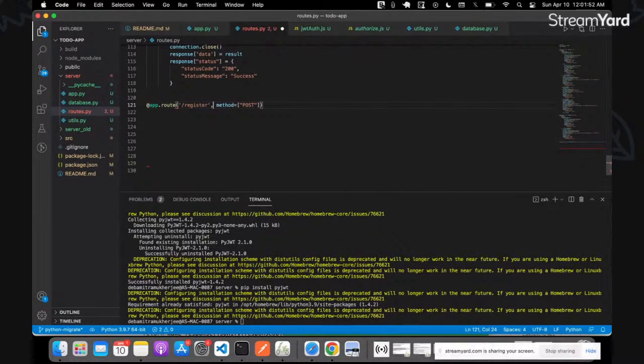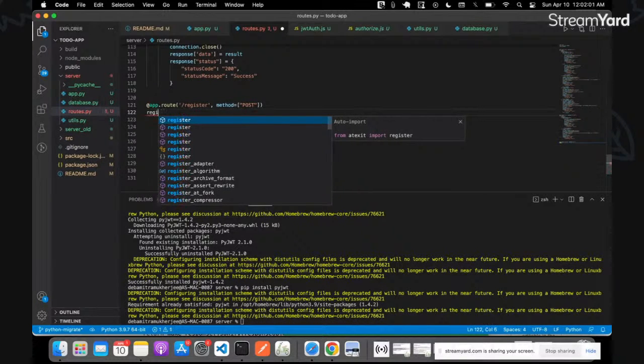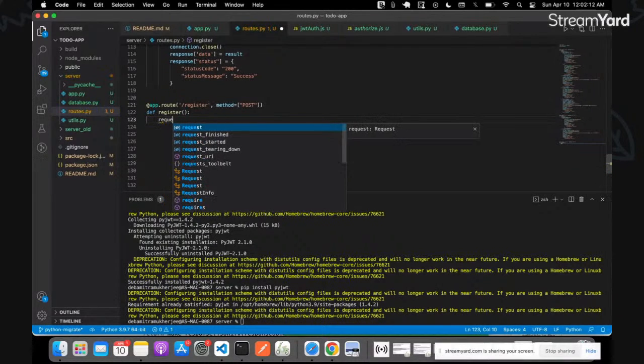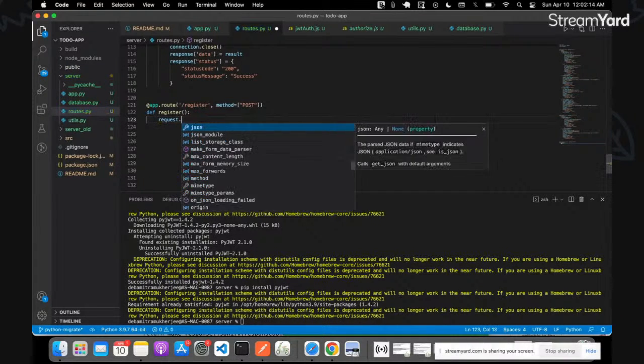Okay, and now we name our view function as register. And we're in. So our request would be having